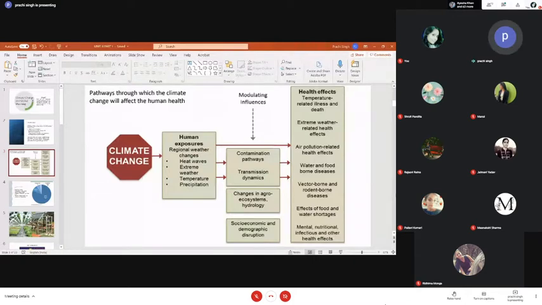Now with that change in temperature, the ocean currents and the atmospheric currents, their chemistry had changed, and as a result the overall weather pattern of the globe had changed, with which changes in other features had also occurred. So what are those changes? Those are changes in precipitation, in terms of extremes of weather pattern, in terms of heat waves, and